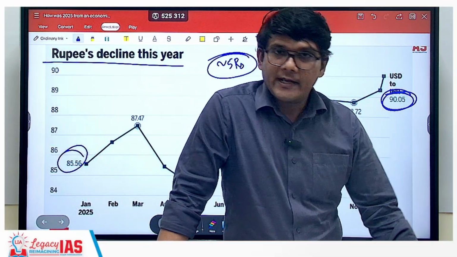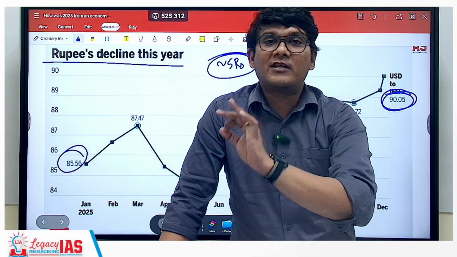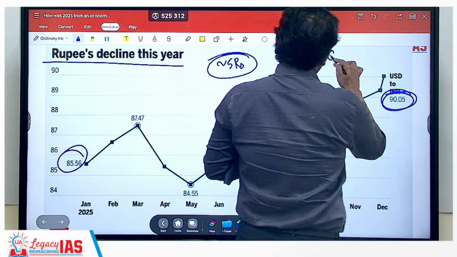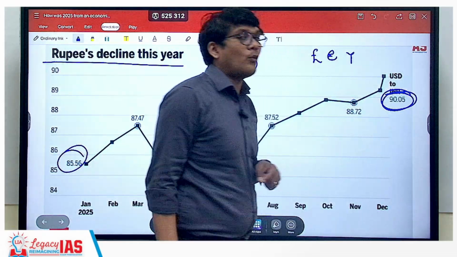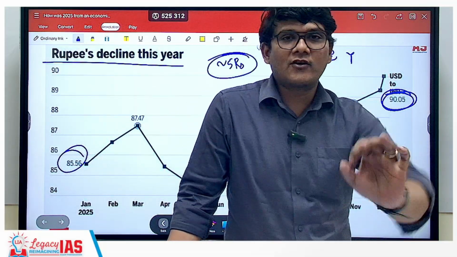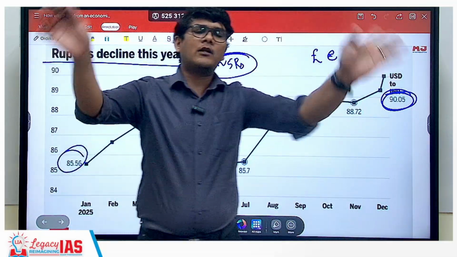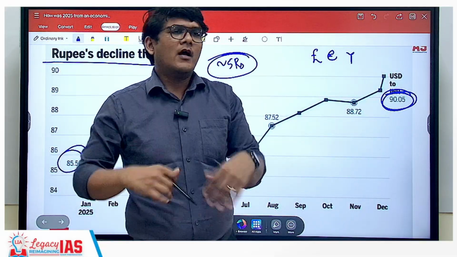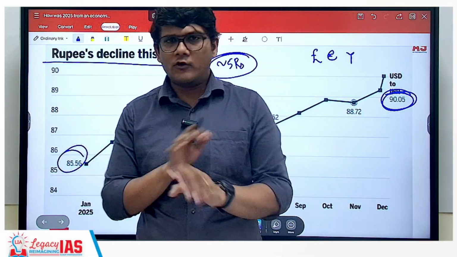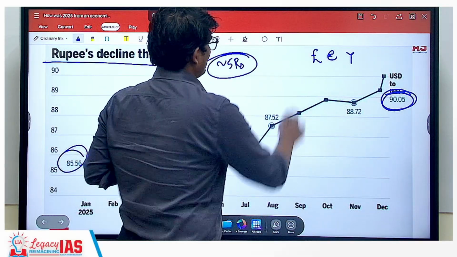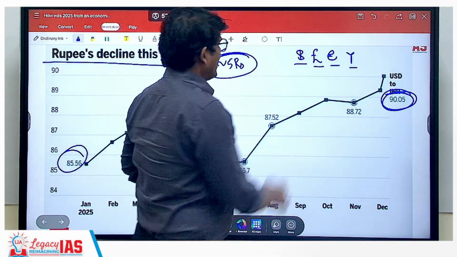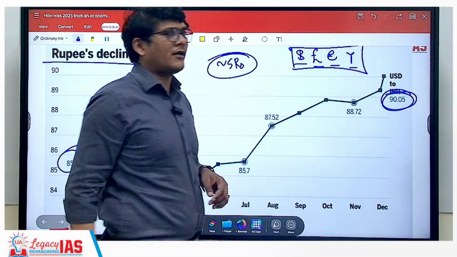Now, very interestingly, it's not just the dollar against which the Indian currency is depreciating. The Indian currency is also depreciating with respect to pounds, euros, and yen as well. Now, what are these currencies? These are international currencies. What is an international currency? The currency that is in demand throughout the world, is demanded by various countries for export, import, for trade basically. That's an international currency. Indian rupee so far is not yet internationalized. But you have the dollar, the pound, the euro, the yen, even the Chinese renminbi. But the understanding is that against all these 4 international currencies, the Indian rupee has